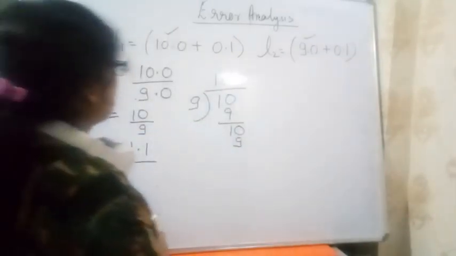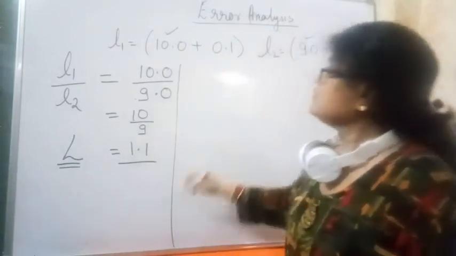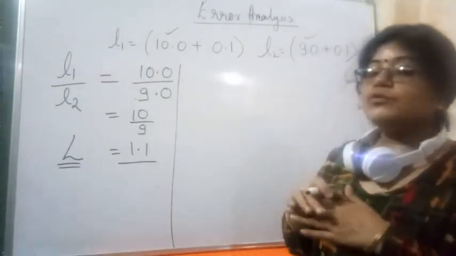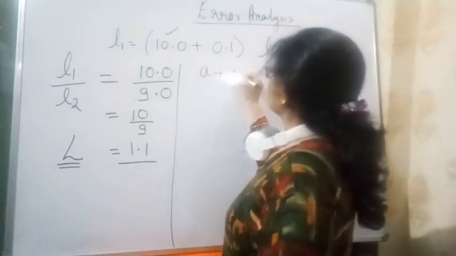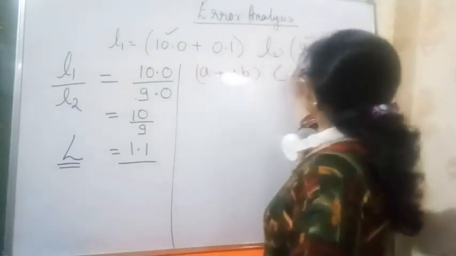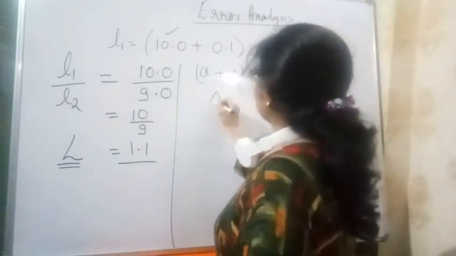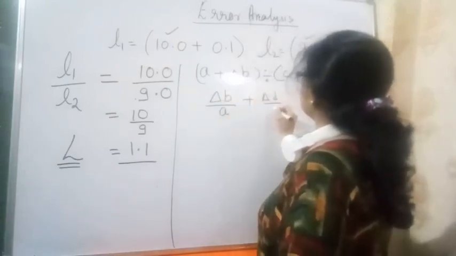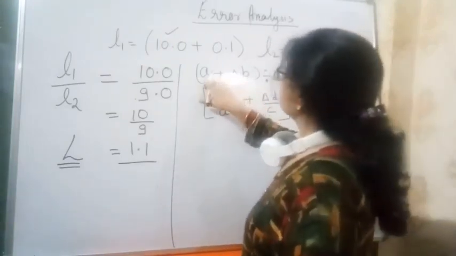Now we have to find the delta, which we have to write. This is the case when we have to divide the two quantities. Multiplication and division both go through the same phases. That means if we have the format A plus delta B and C plus delta D, and we have to divide them, then we write delta B over A plus delta D over C, into C over A.